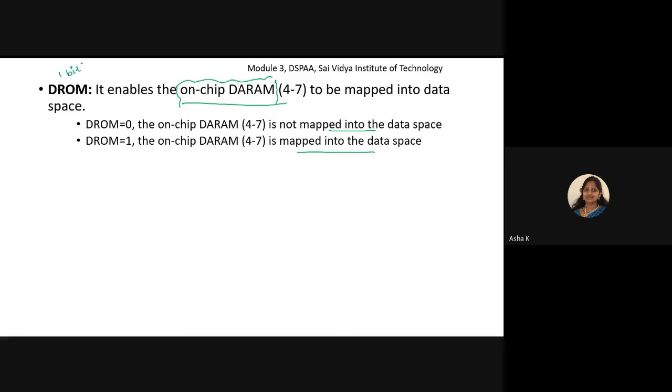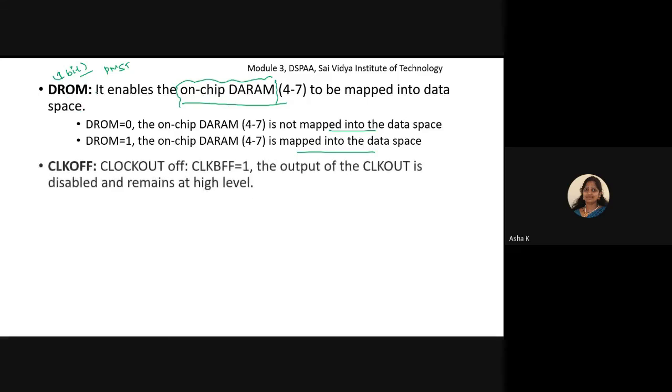It is also a 1-bit field in the PMST register. This 1-bit field decides whether we are mapping the on-chip DRAM to the data space or not. Mapping or not mapping will be taken care of by this DROM bit. And after the DROM bit, we have